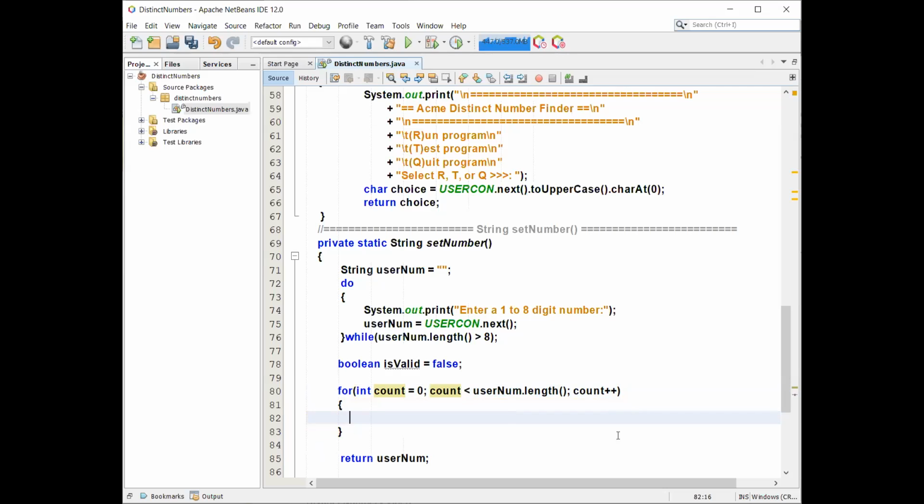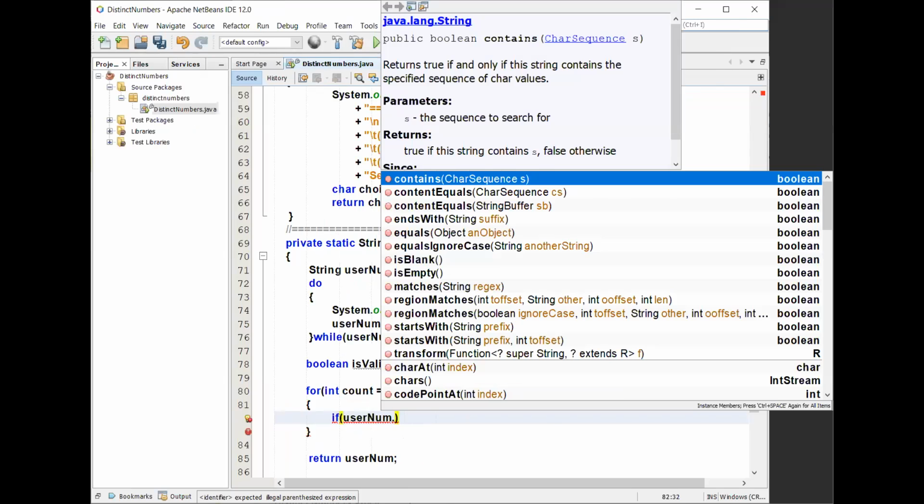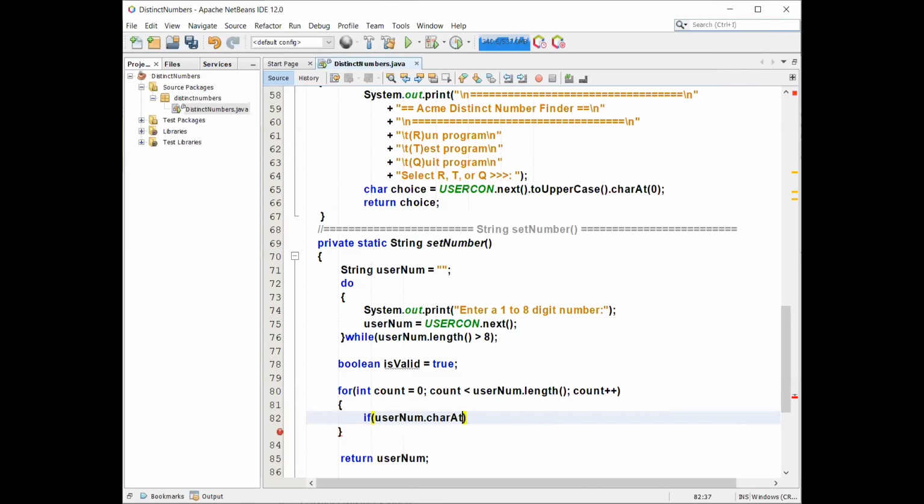Let's do it this way. Change this to true. And then if I come down here and say if user num dot char at,